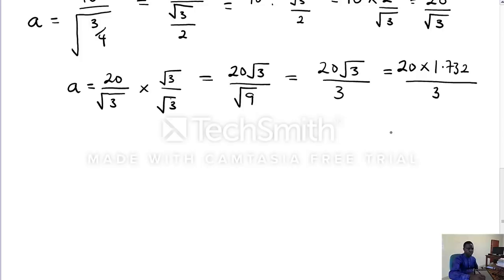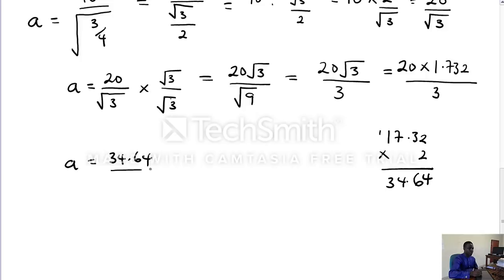1.732, let me see, this will be 17.32 times 2. This will be 4, 2 times this is 6 point, this is 4 carry 1. So you have 34.64. So our value of A will be equal to 34.64 divided by